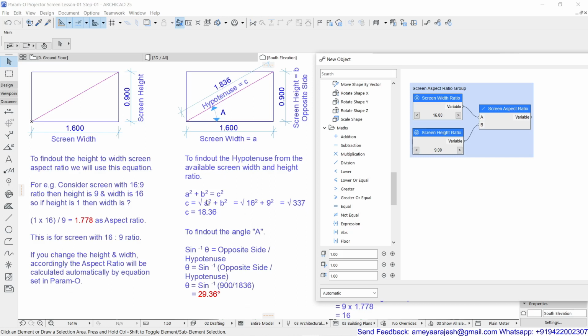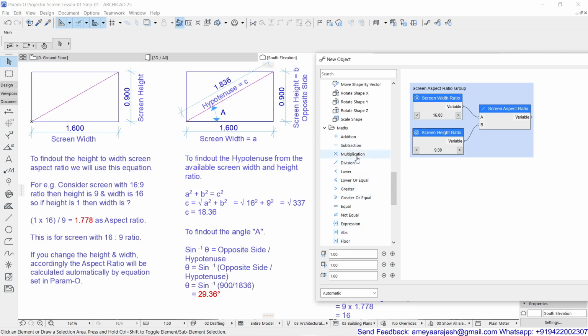So this is the end product which you will be getting, which you are not going to see anywhere. You're just going to write the equation, that's it. So how to define the equation now? The a square and b square. So you have those values available, this width and height. So a and b, it's square. So at present I know that there is no direct square option. Square root is there, but no square.